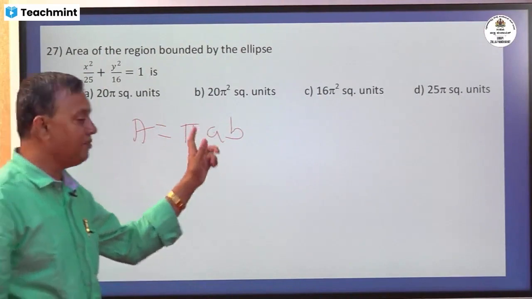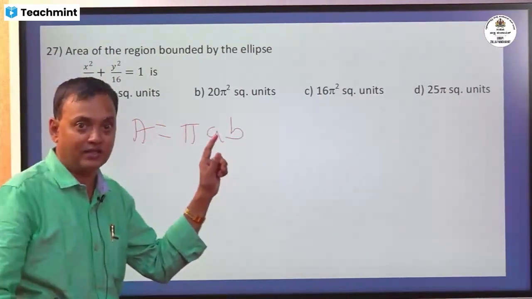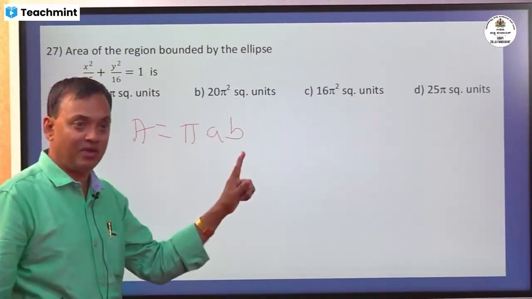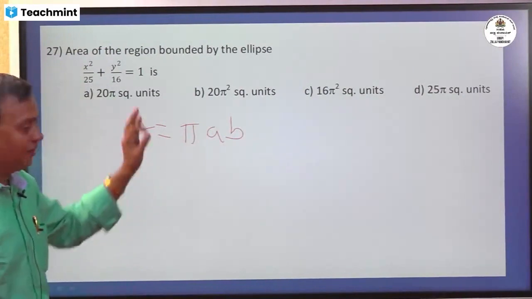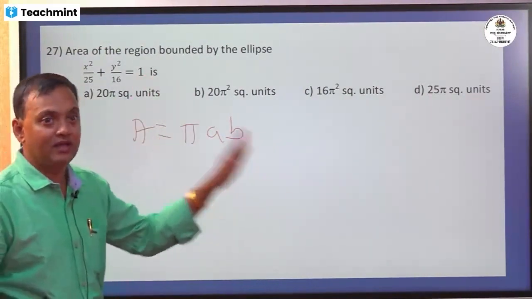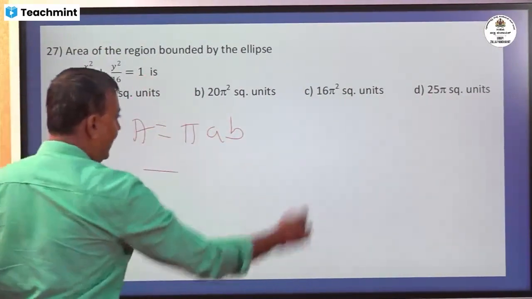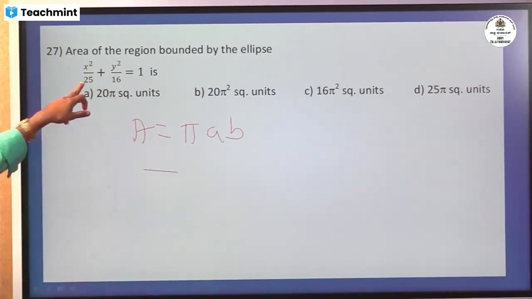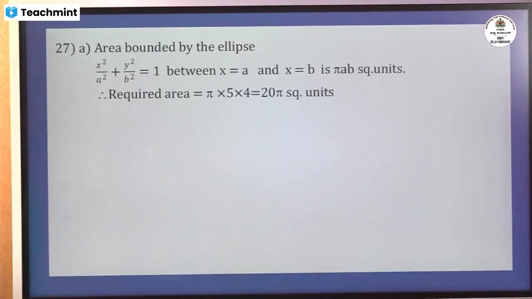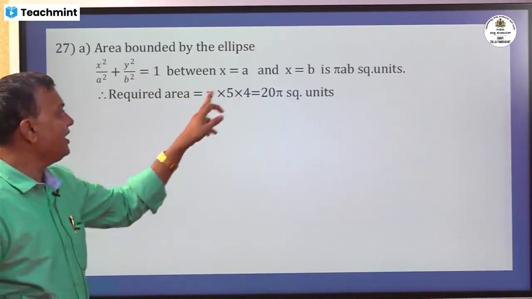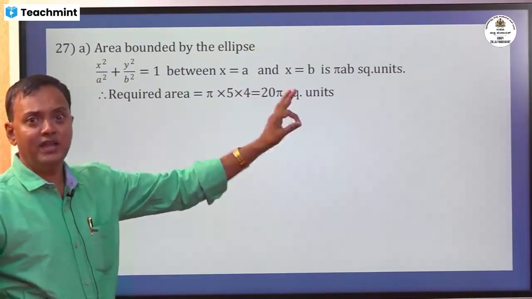In an ellipse, a and b, the major axis and minor axis, are different, but in a circle a is equal to b. So area of the circle is pi a square, area of the ellipse is pi ab. Here a square is 25, b square is 16, a is 5, b is 4, so the answer is pi ab, 25 pi square